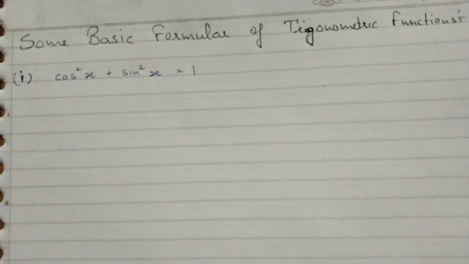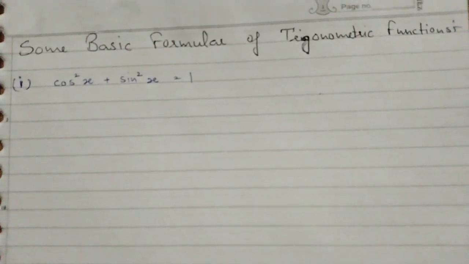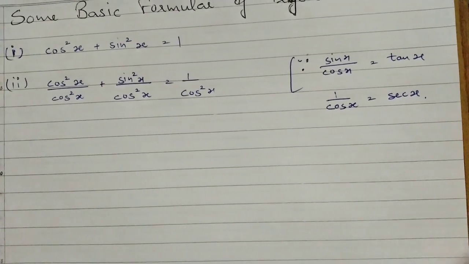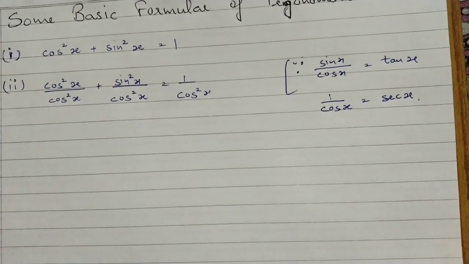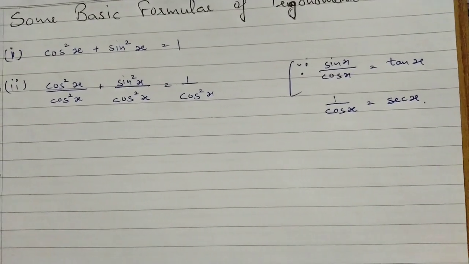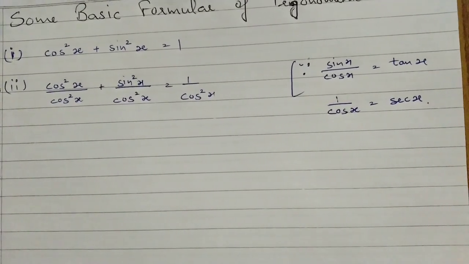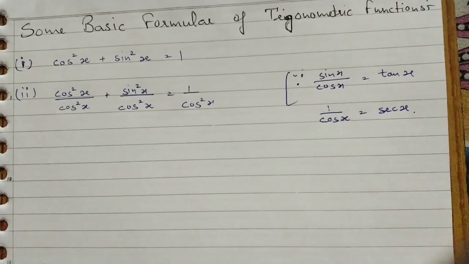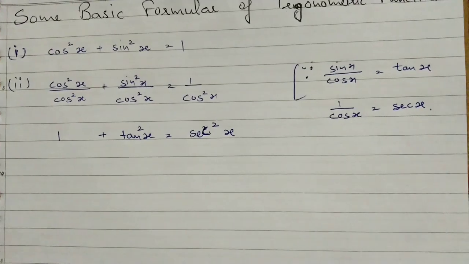Firstly, we divide both sides by cos square x. When we divide both sides by cos square x, cos square x over cos square x is 1, plus sine square over cos square becomes tan square x, and 1 over cos square x is equal to secant square x. So this equation becomes the second formula of